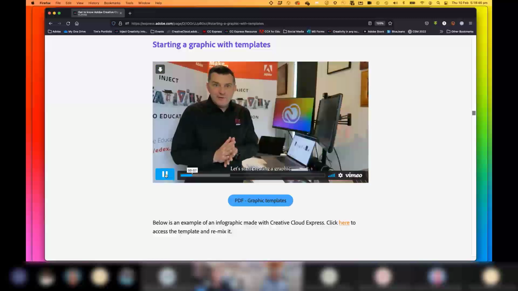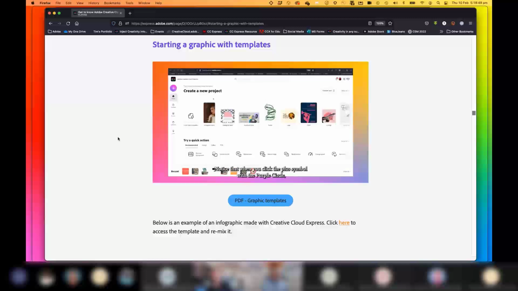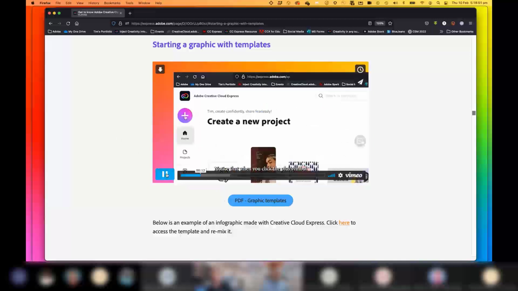Let's start creating a graphic with a template. Notice that when you click the plus symbol with the purple,